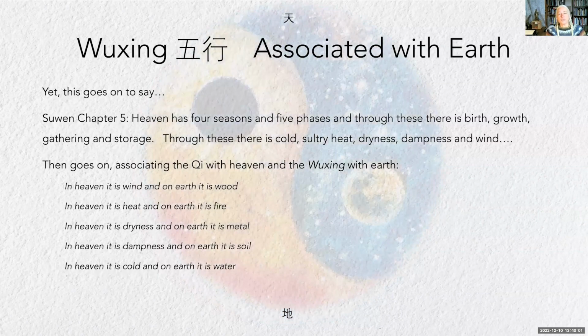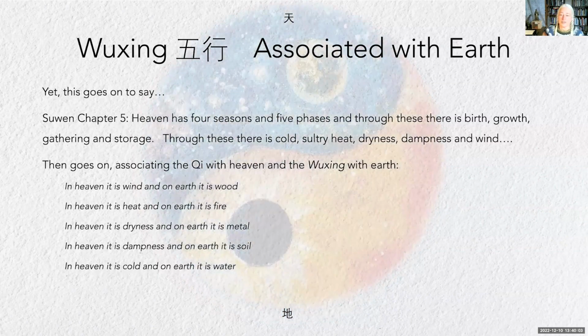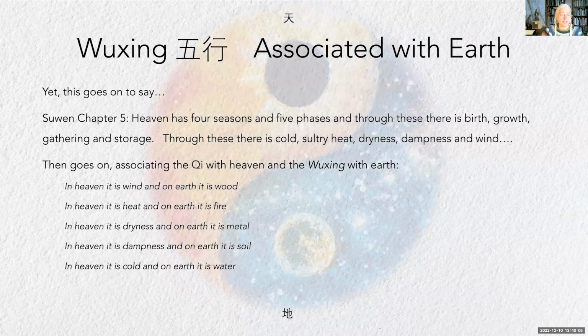Okay, the whooshing associated with earth. So the same chapter goes on to say, right after this, it says heaven has 4 seasons and 5 phases, and through these there's birth, growth, gathering, and storage. Through these there's cold, sultry heat, dryness, dampness, and wind. And then it goes on